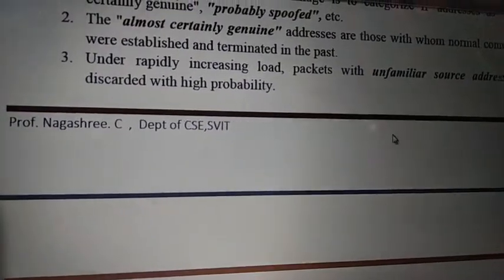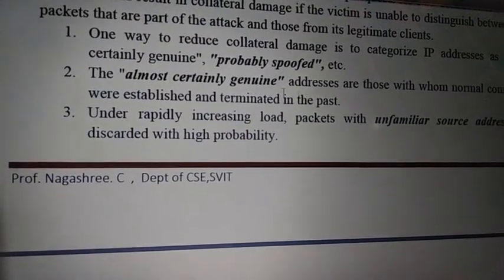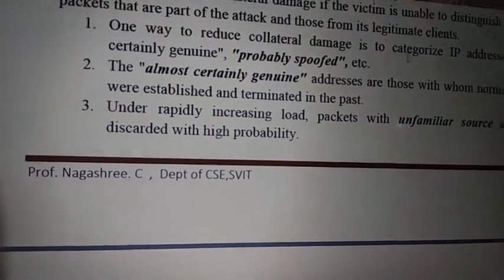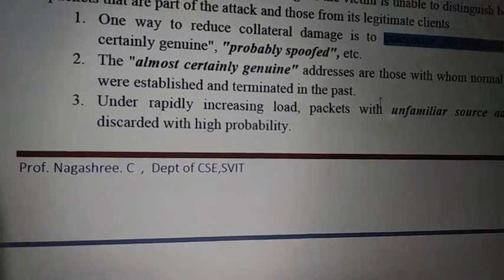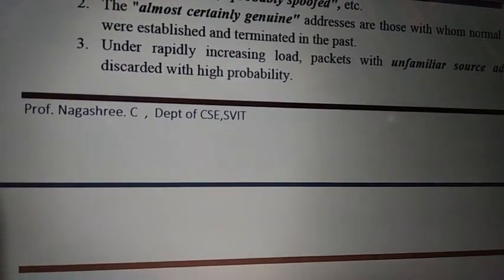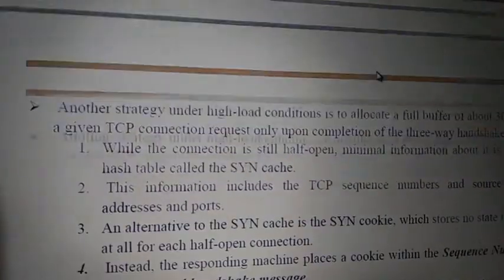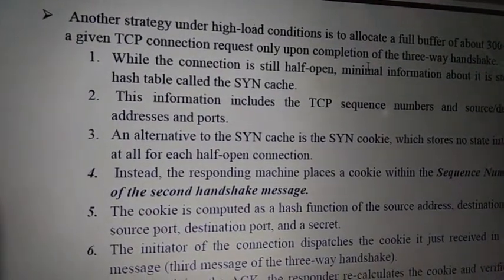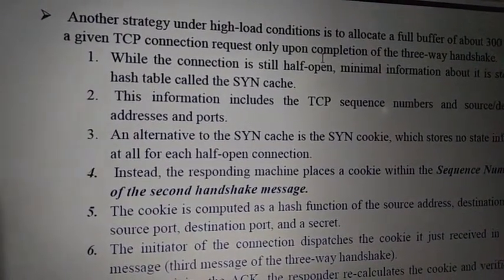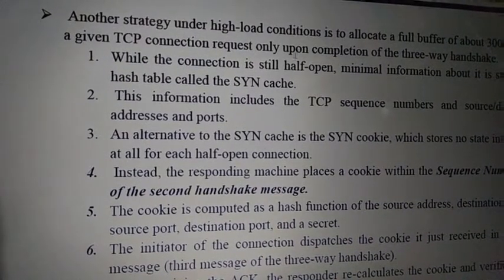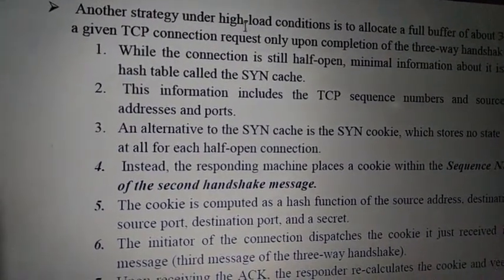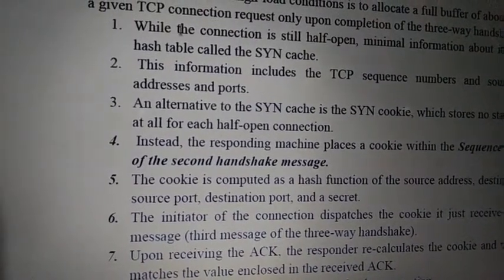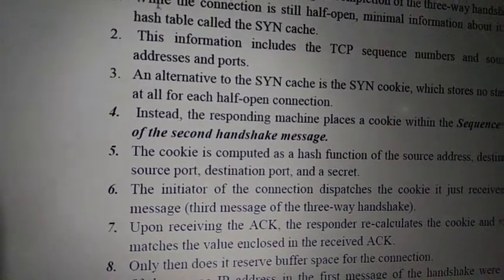That is one main and important way we can prevent this, by categorizing the IP address as from a familiar or unfamiliar source address. You will know, suppose from which server you are receiving the internet, what the IP address is, right? If it is apart from that particular IP address, that is how we are going to prevent it. The same thing is given here in detail.